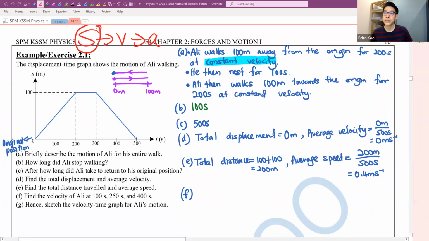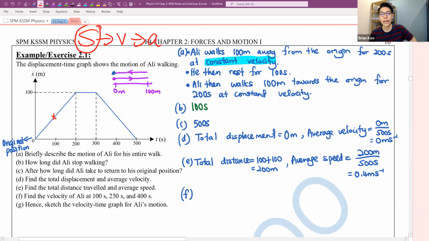I have the S graph. I want to find what? I want to find out the velocity. So going forward is finding the gradient, finding the gradient at 100 seconds. 100 seconds is here. Now I want to ask you, the gradient at this point, can we find gradient at 1 point or